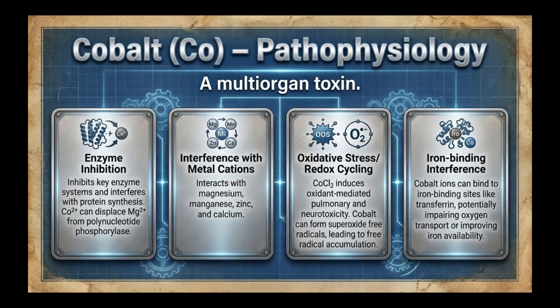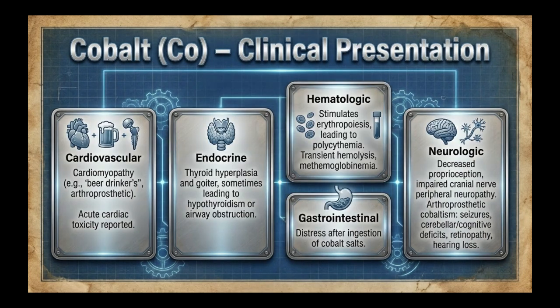Furthermore, cobalt ions can bind to sites on iron-binding proteins like transferrin. This binding can impair oxygen transport to kidney cells and influence erythropoietin production, a hormone involved in red blood cell formation. Interestingly, these properties partly explain why cobalt was historically used in the treatment of anemia, as it can influence iron availability and erythropoiesis. The minimum acute toxic dose of cobalt salts is not well defined, and effects can vary